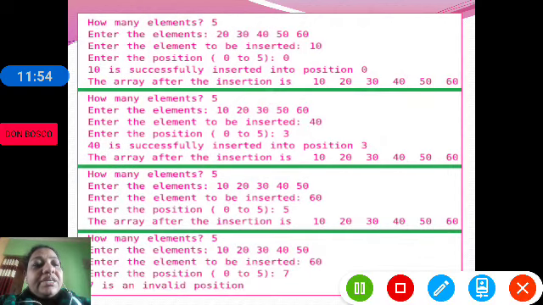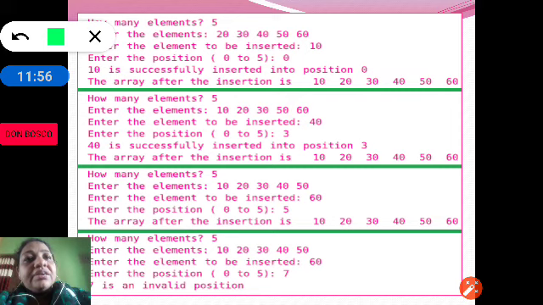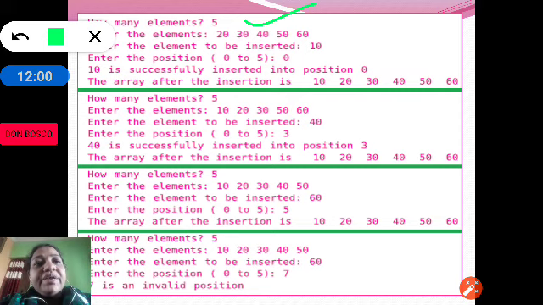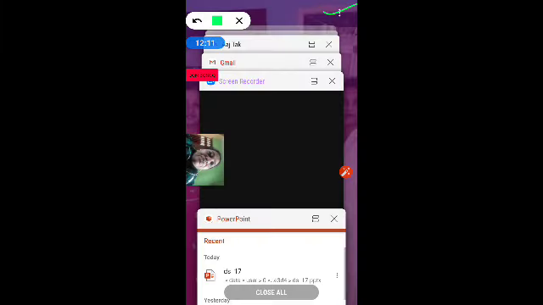So here you can see, enter how many elements? 5. Enter the array elements 20, 30, 40, 50 and 60. Now enter the element to be inserted, we are giving 10.